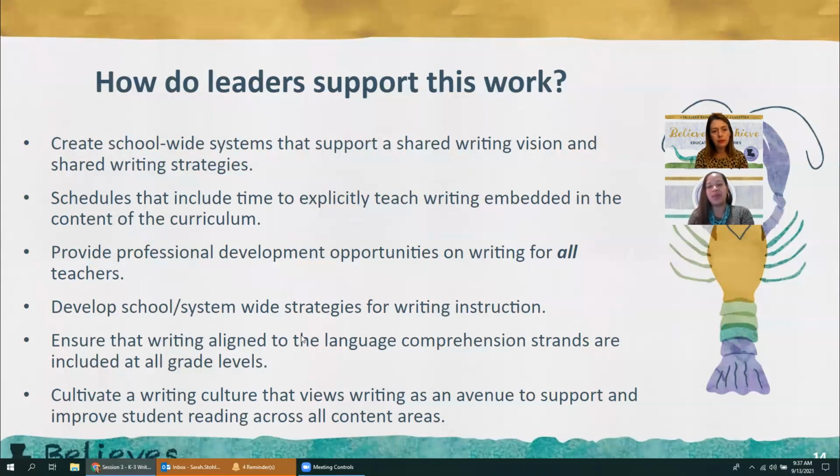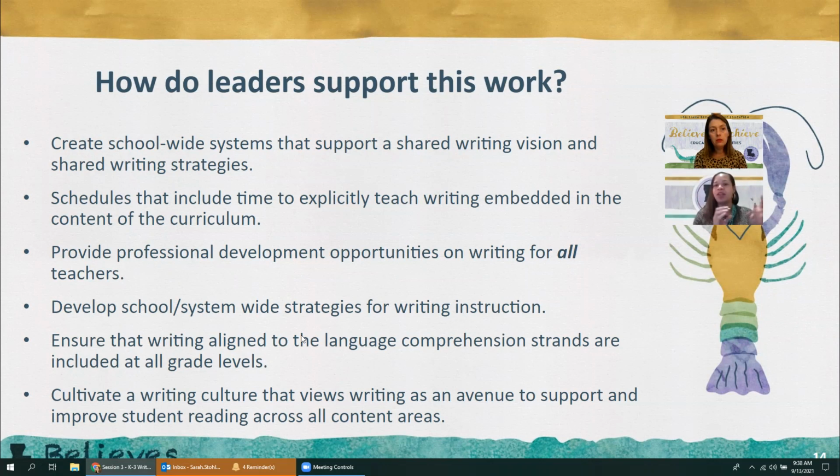Just to reiterate, when we did the series for K-2 teachers on reading, we had many questions from leaders about, well, what does writing look like aligned to the science of reading? So before I even go through this list, we always thought of every teacher as a reading teacher. I think it's equally important for us to think of every teacher as a writing teacher as well, and for us to see every opportunity.